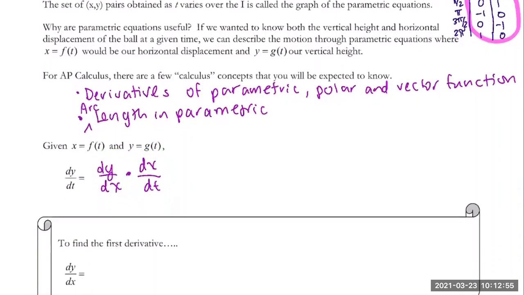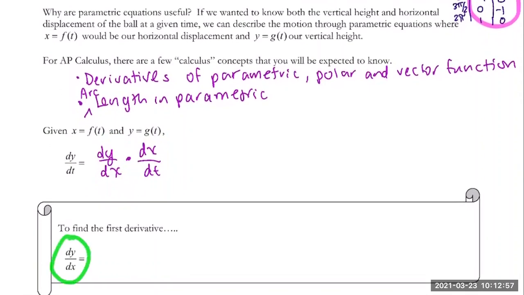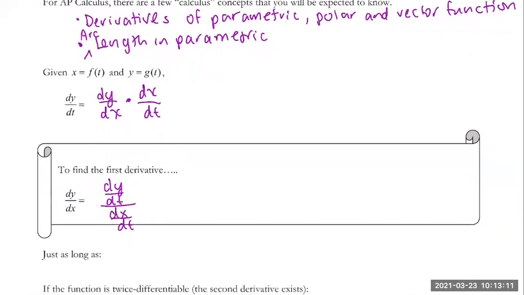Okay, so if I solve this for dy/dx, which is the first derivative, then I get dy/dt over dx/dt. So that's what you are going to write as the formula you have to memorize for the first derivative in parametric form. So simple enough: dy/dt over dx/dt. Okay, for the second derivative,